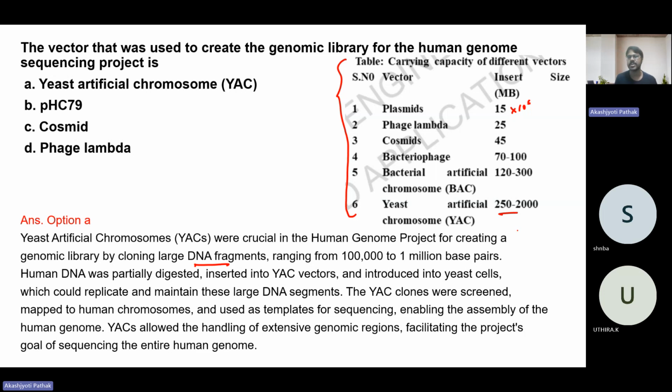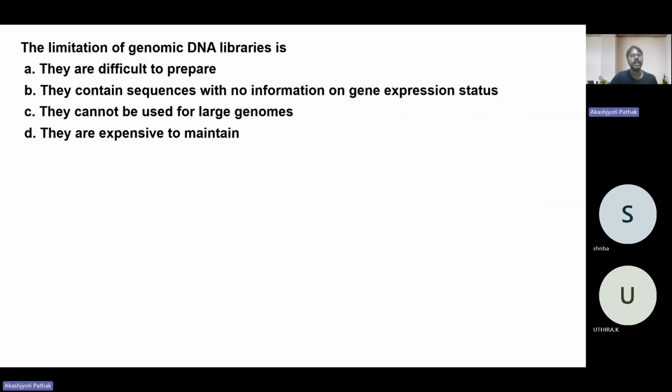So into 10 to the power 6. So that is why, for cloning fragments of the human genome, an artificial chromosome vector was used. Okay. So the limitation of genomic DNA library is,